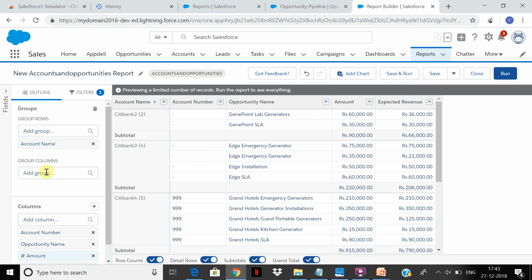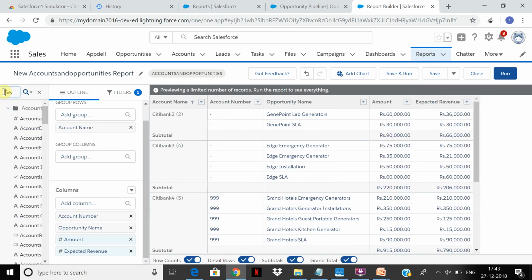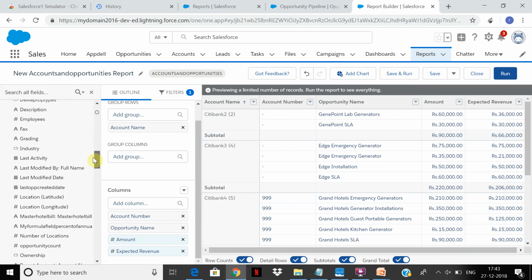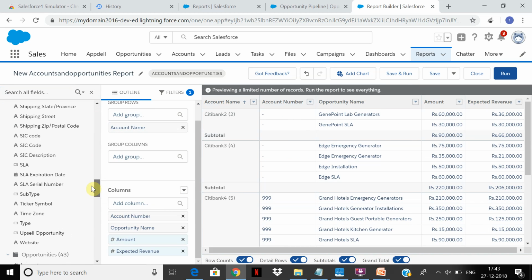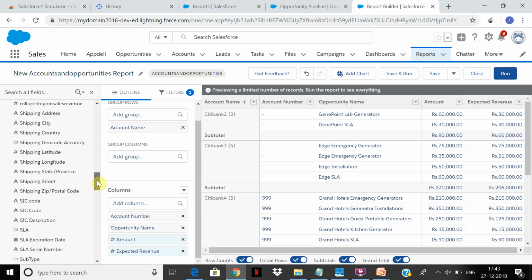Now, if you want to create a matrix, you'll also have to have another group of columns. So for that, let us add another field to the report, which is the fiscal year or stage. Let's take the type.